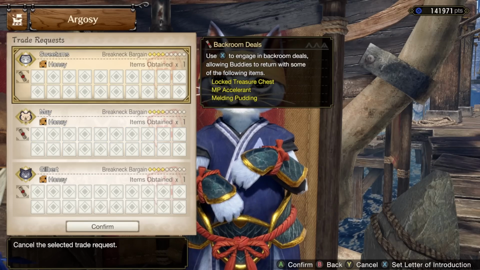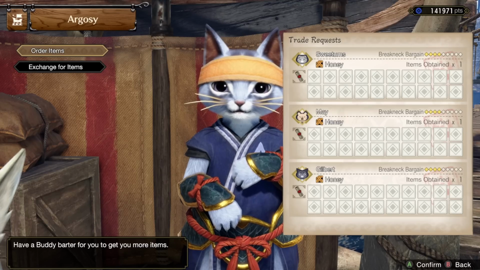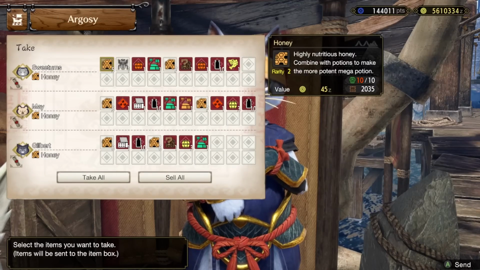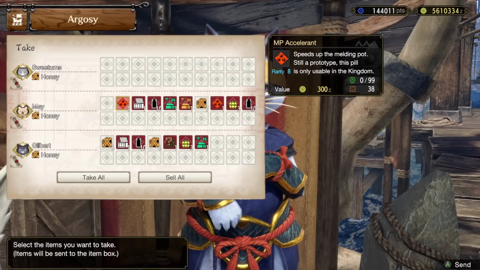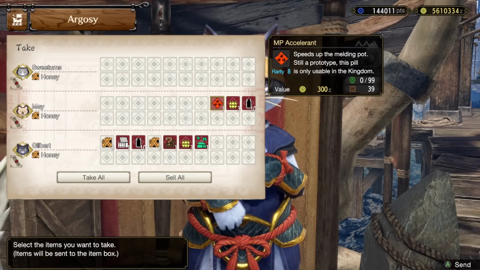After a few quests, you'll unlock the Backroom Deals function. If you press X or square on the Argosy trade request menu, you will tell your Palico to activate Backroom Deals. They'll return with bonus items occasionally, and the 3 bonus items that this can actually give you are locked treasure chests, which unlock what I think is just one of the coolest looking armor sets in the whole expansion,